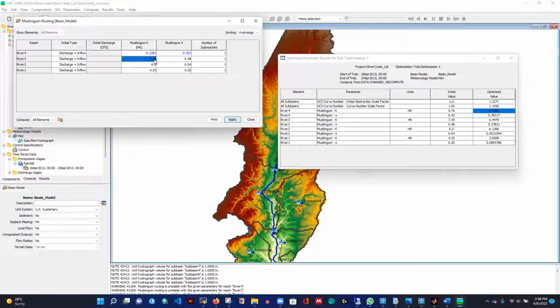So for river 3, the value will be reduced. Okay, 6.4479, and the value of x for reach 3 is going to be 0.278. And for reach 2 the value is 6.12. It's 6, so just 6.12, didn't change that much. And what will be the value of this parameter? Nearly 0, so we can even keep it